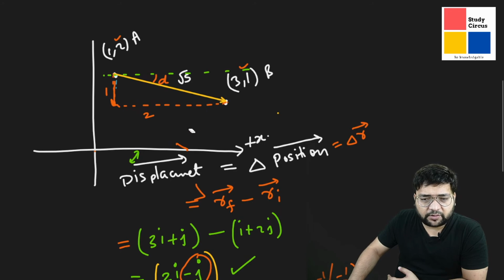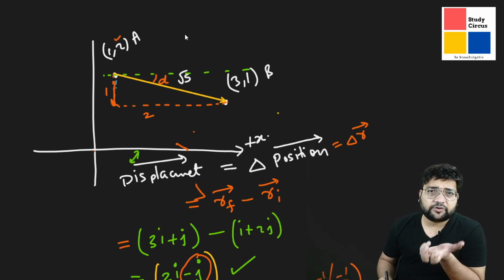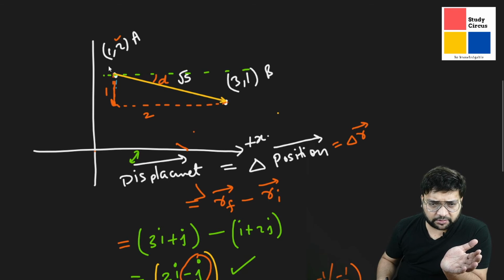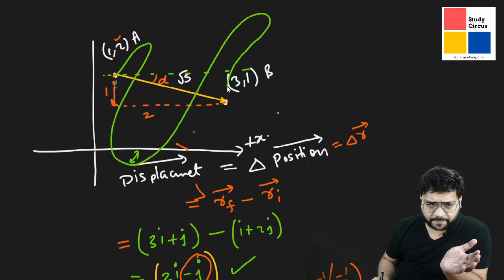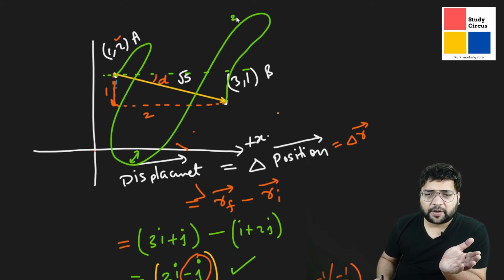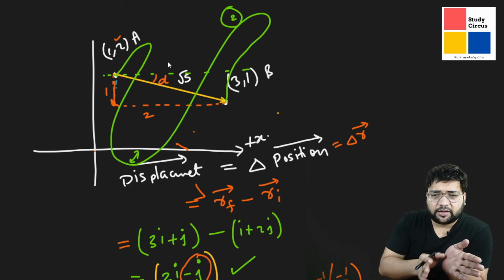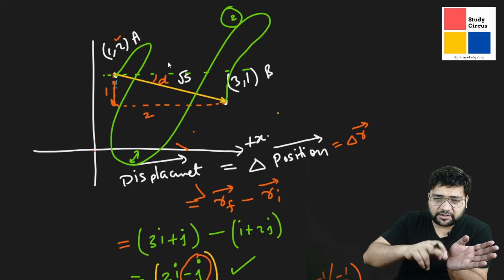Now, we'll try to find out what we mean by velocity. Velocity is the rate of change of position with respect to time. So in this particular case only, let's say that curve path also is taken. Let's say this is the path, this is another path, this is path number 2 taken. Actually we are talking about the same thing. This is the path taken, the displacement is this thing, the distance is the length of the green path.